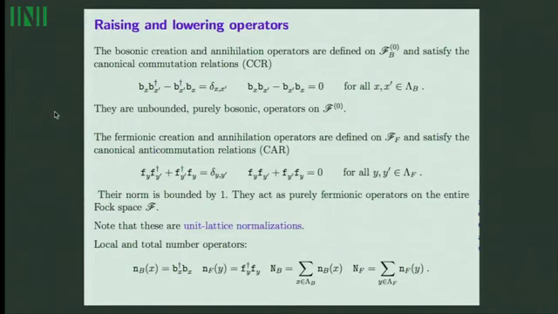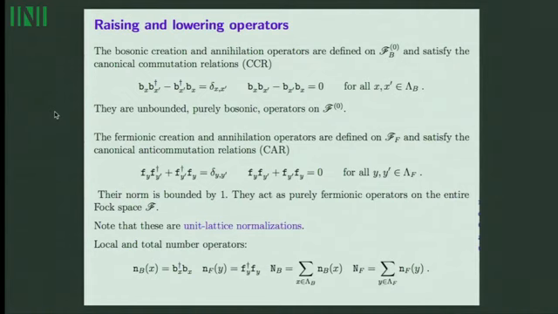And there's one important restriction which shows up in this, which I would like to mention. These are unit lattice normalizations. I told you before that I introduced an ultraviolet cutoff. This means the ultraviolet cutoff is 1. If you had a different cutoff, if you want to take an ultraviolet cutoff and take it to infinity, then there will be a prefactor here which goes to infinity. And this is a limit I cannot take, and I will not. So I will stick to this one here. Okay, so then the number operators are these